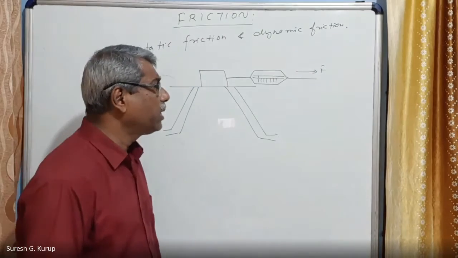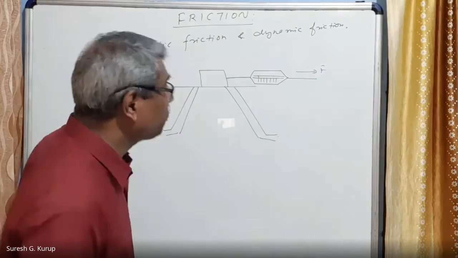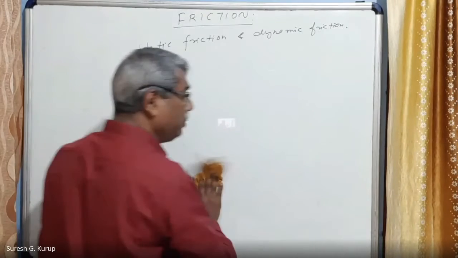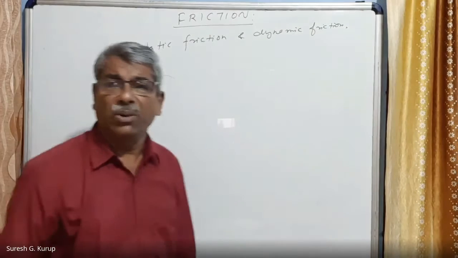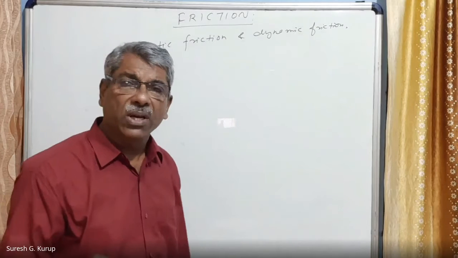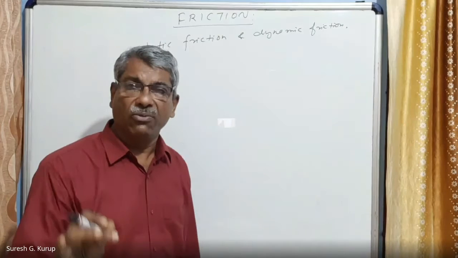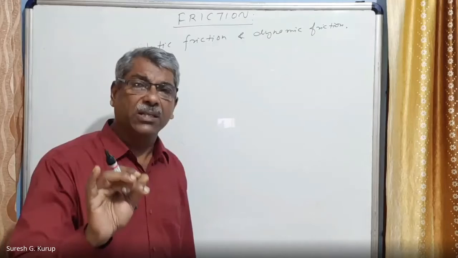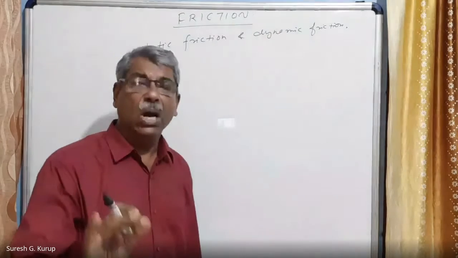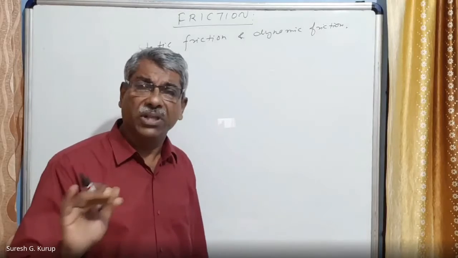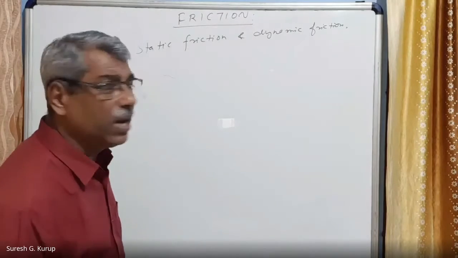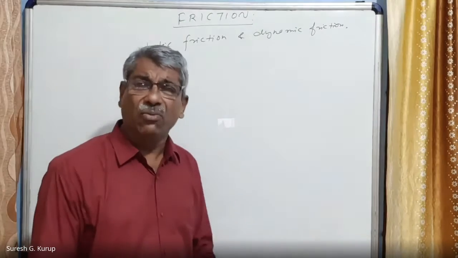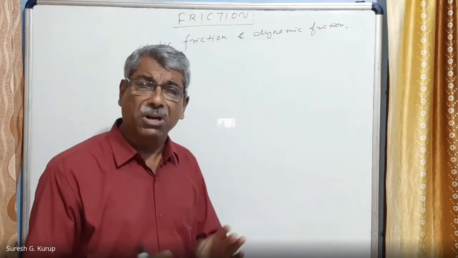So this can be shown in the form of a graph also. This maximum friction, what is called the force of limiting friction, sometimes it is called critical friction. So critical friction is the maximum value of frictional force a surface can apply on a body, right? At this stage, the body will be on the verge of motion on the surface of the table or any other surface on which the body can move. Understand? So there are three kinds of friction: static friction, the force of limiting friction, and kinetic friction.